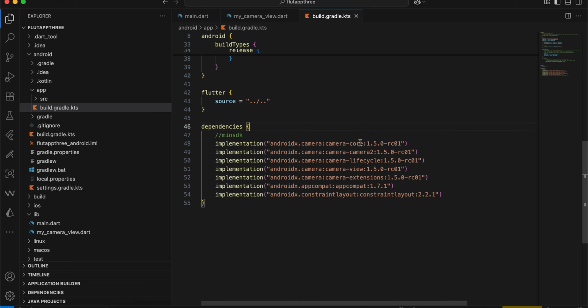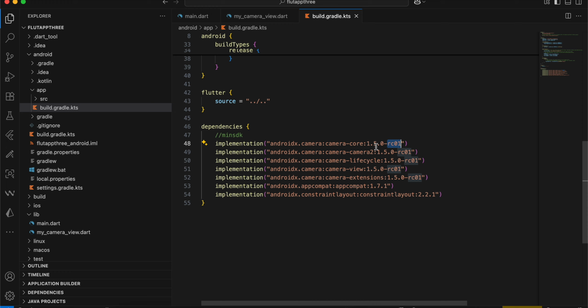So now again, for the CameraX dependency, the minimum required is 1.5.0, but at the time of me recording it is still not stable. It is still in RC, but hopefully by the time you watch it, it will become stable. If it does become stable, you don't require this RC01, you can use it like this. Same for all these other dependencies as well. But at least at the time of me recording it is still in RC, that's why I have to use it like this. And 1.5.0 is necessary, you can't use a version below it because this feature is not available